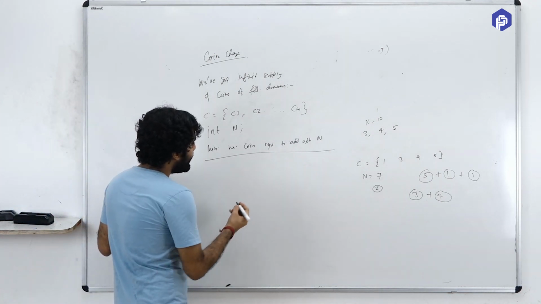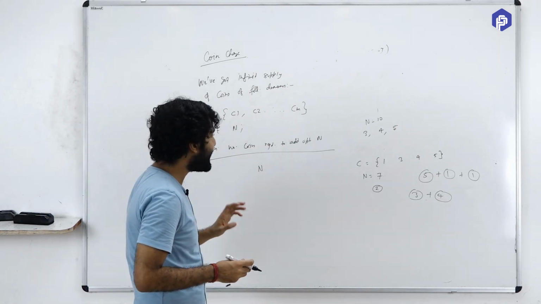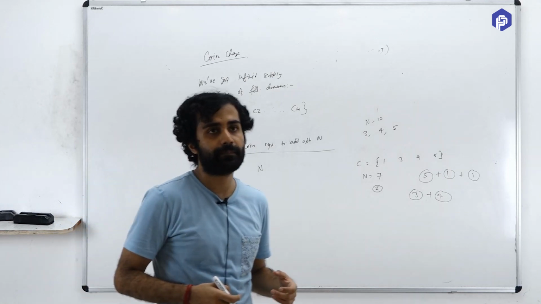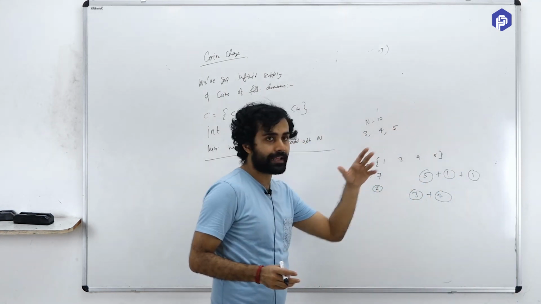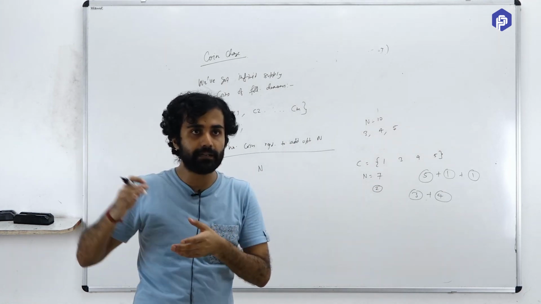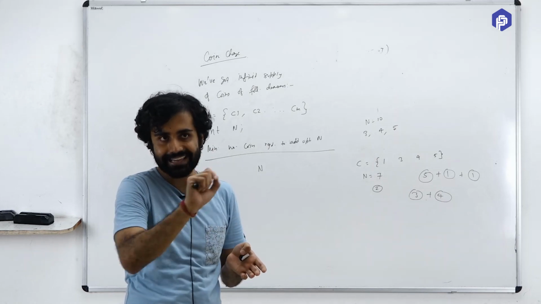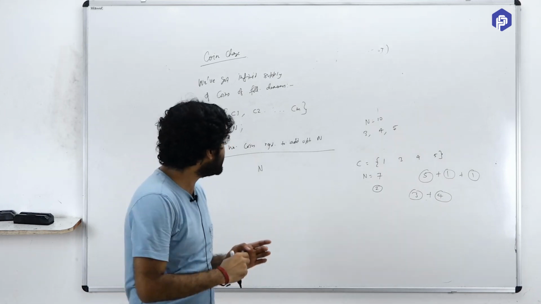So if the amount that I have to make is n, okay, and the number of denominations that I have is m, okay, then how many choices do you have to pick your first coin? I have got, just like the last problem, think like the last problem. I have got m different choices, right? Very good. Just like the last problem where there was a line segment of length n and any segment could be of length x, y or z. So at any point of time, the segment that you could cut out could be of length x, y or z. Similarly here, the coin that you can pick at any instant of time can be C1, C2, and so on till Cm.